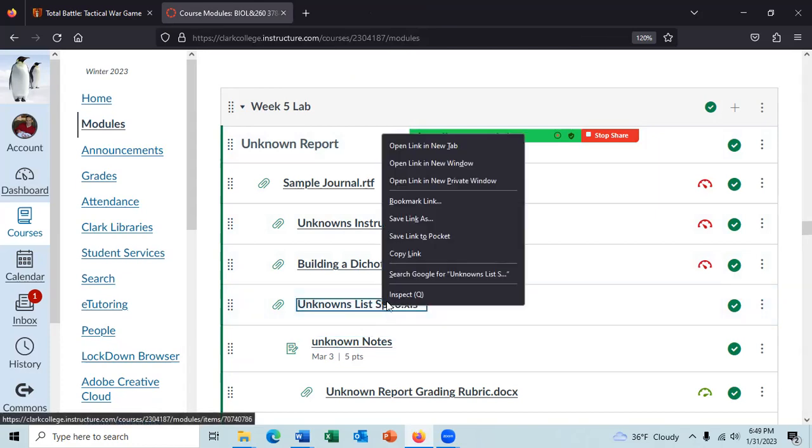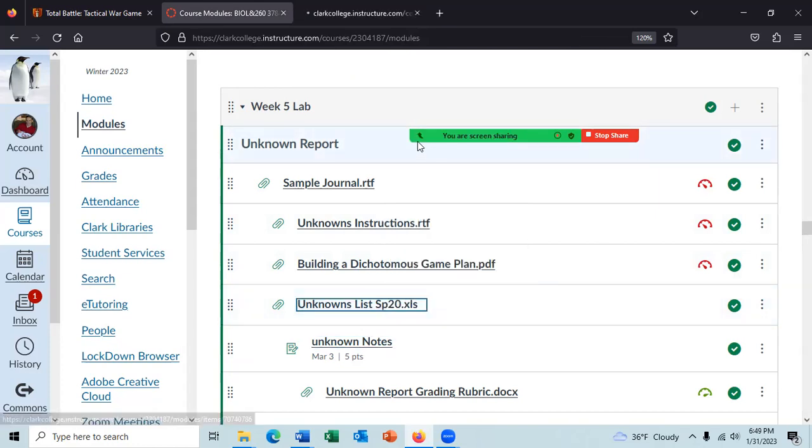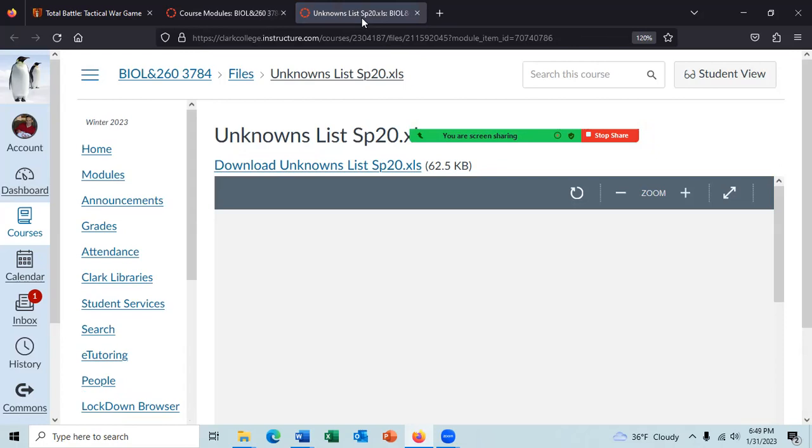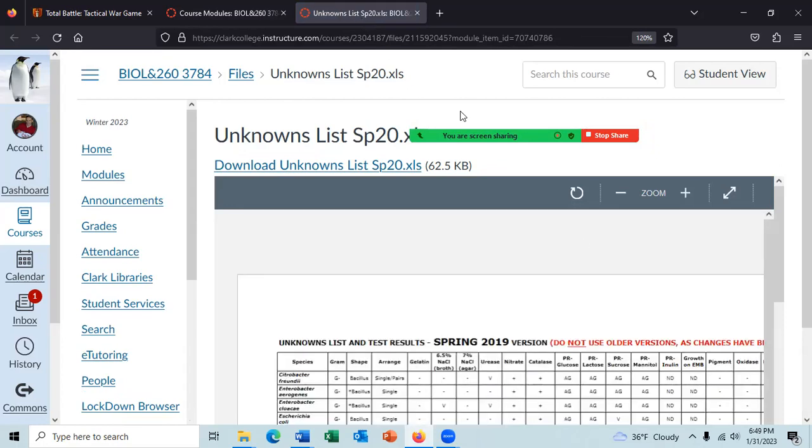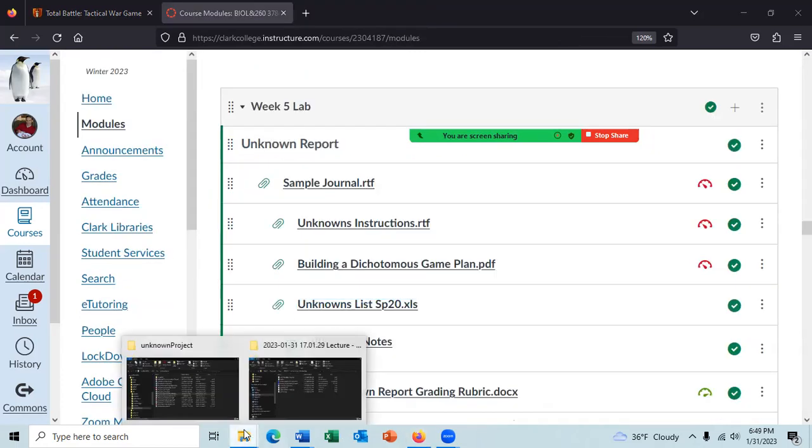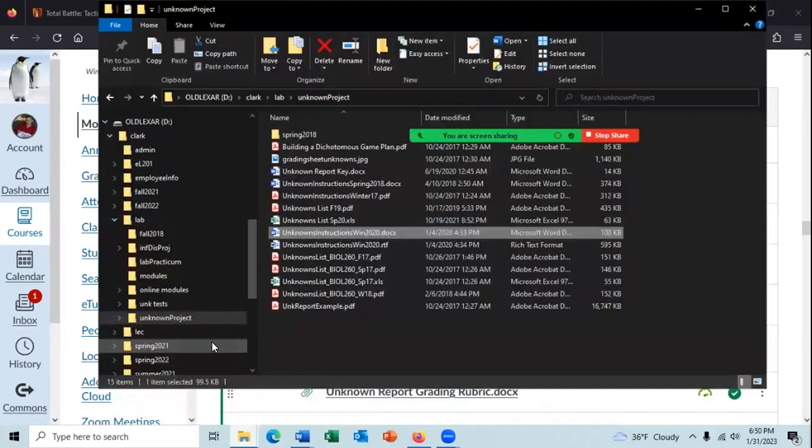Yeah, the unknown list shows you the number of species that are under consideration. And let me not do it that way. Go here. It'll be easier to see. There it is.